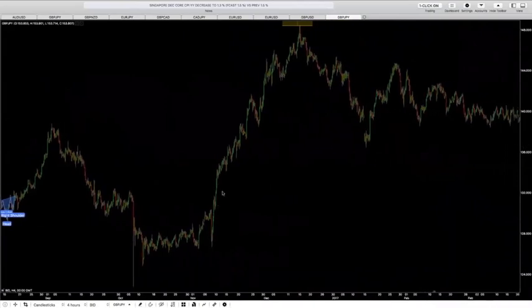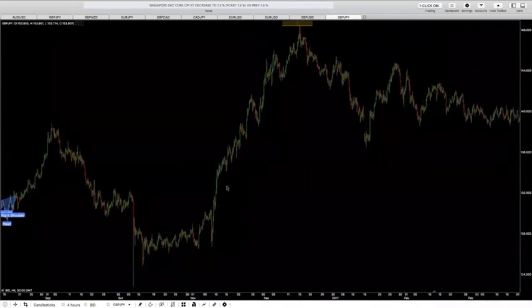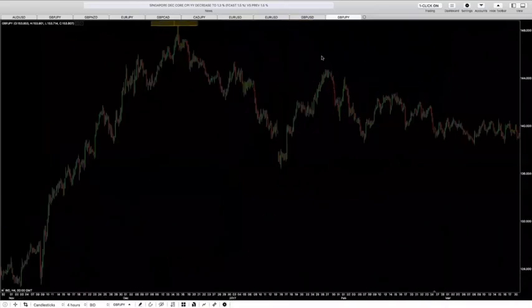As we see here, the market was in a very, very strong momentum right here. Very bullish market, a strong rally to the upside. The market was creating highs: higher high, lower high, higher high, lower high, higher high. Then the market rejected and created a lower low and a lower high. So the market started downtrending here, and this is where we already see the head and shoulders pattern.